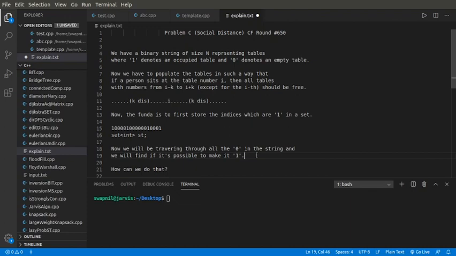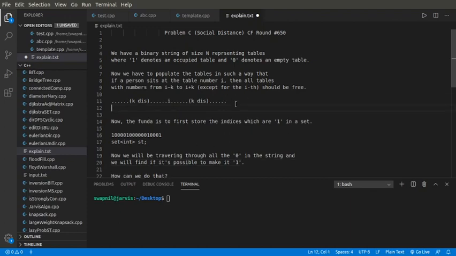So how can we do that? The simple basic idea coming to my mind is to see if the tables within k distance from this particular index are free or not. We have a set of all the indices which represent the occupied tables.